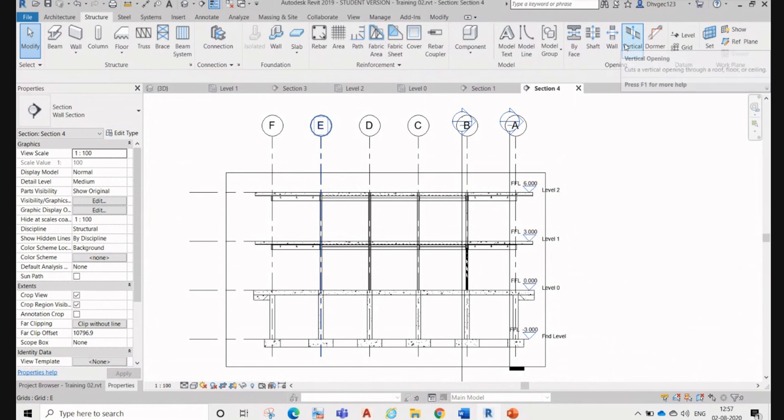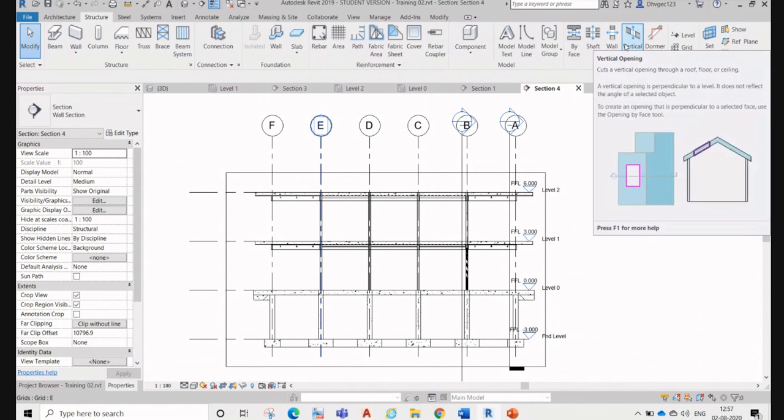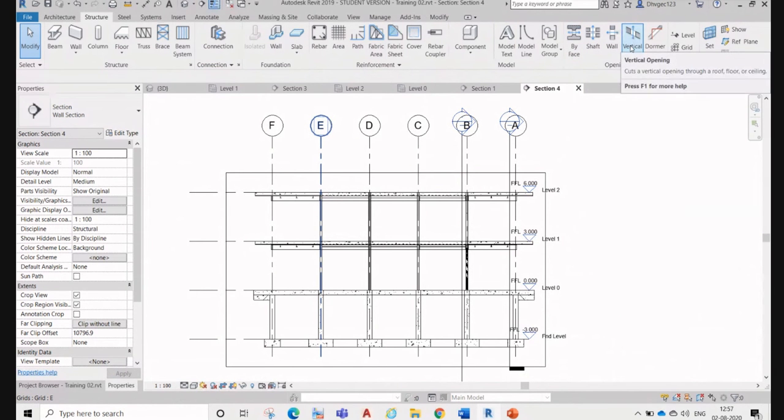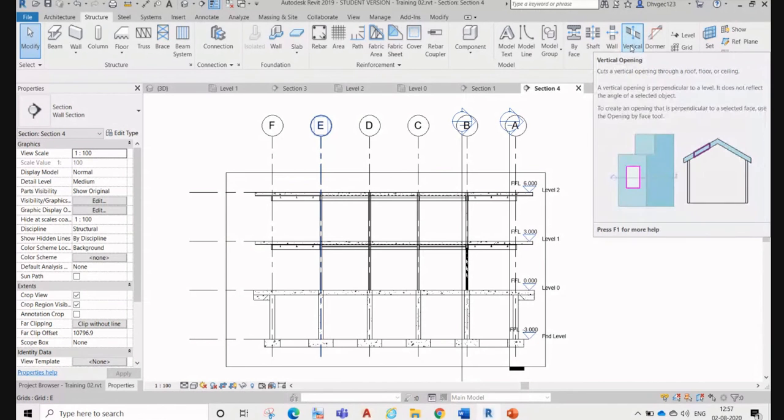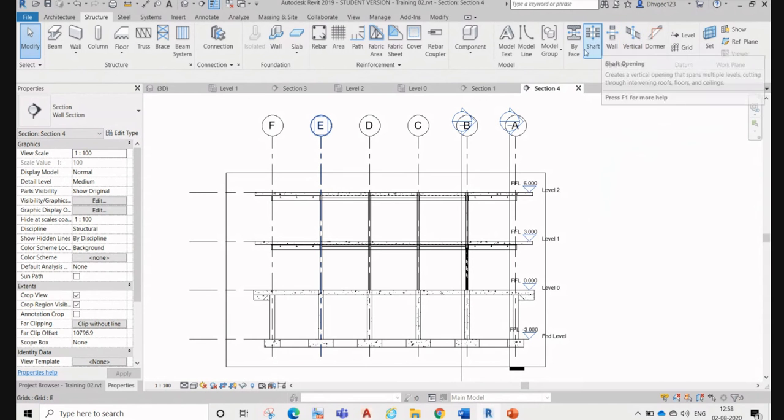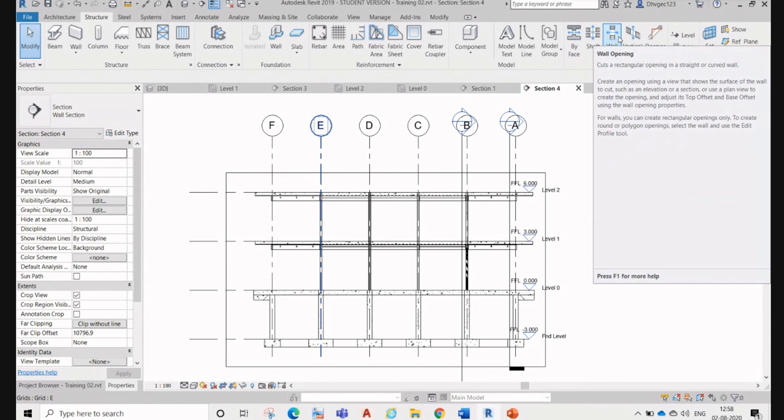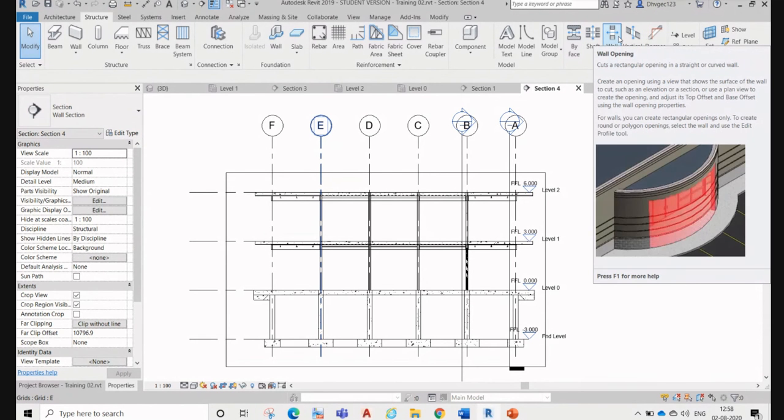And vertical opening is something like you can see here, because right now we don't have any tapered element, right? So we can also create a vertical opening. Normally, when we do any face opening or wall opening, it will be perpendicular to the wall, or slab.